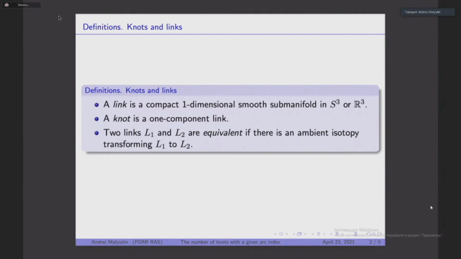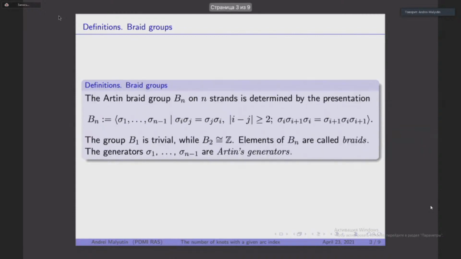And a classical approach to see the structure in this space of knots uses braid groups. So the braid group is just the definition of braids. It's a very famous group, and we can use these groups to see a structure on the set of knots,